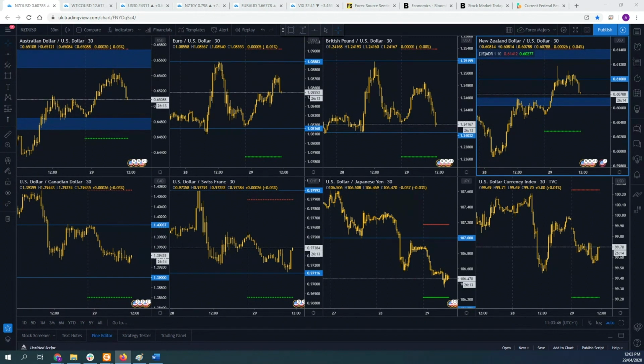Generally speaking, there are some pairs that are extremely volatile to trade and often have very expensive spreads and commission fees. This would be your more exotic currency pairs. And then there are a few of the major and minor currency pairs that can sometimes exhibit very choppy price action. Some Swiss pairs often come to mind. But having said that, none of those are really good enough reasons why you shouldn't trade any specific